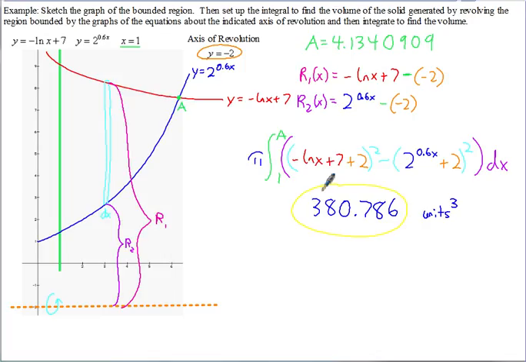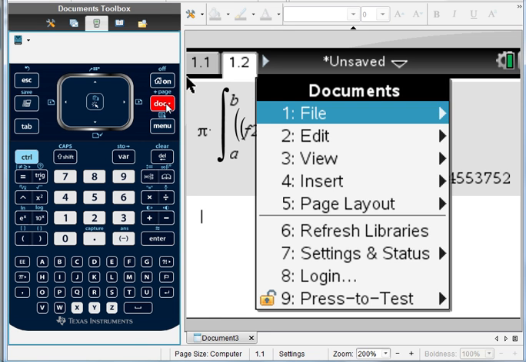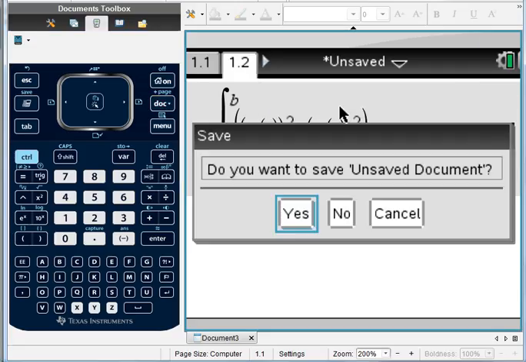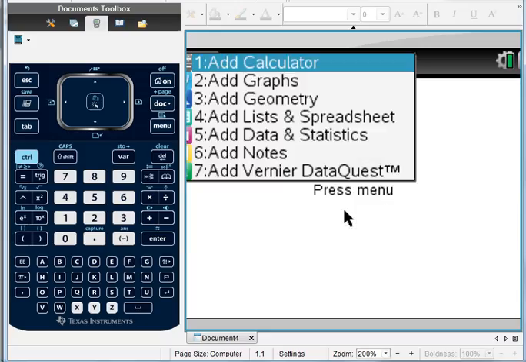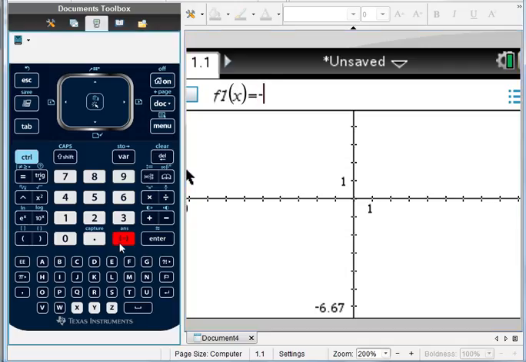Now let's do the same thing on the Inspire real quick. So on the Inspire, I'm just going to document, new document. I'm not going to save the old one. If you did want to save it, you could save it to come back to it later if you needed to. So add graphs, and it'll be negative out in front, so negative, that negative button in parentheses again. Natural log is right on top of the e to the x button, so control natural log of x plus 7,